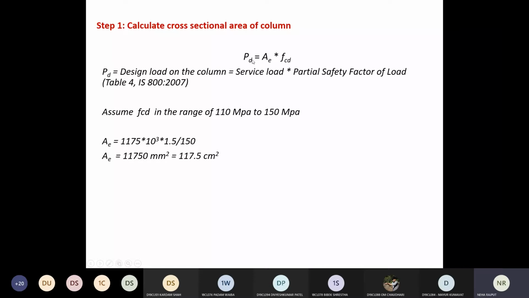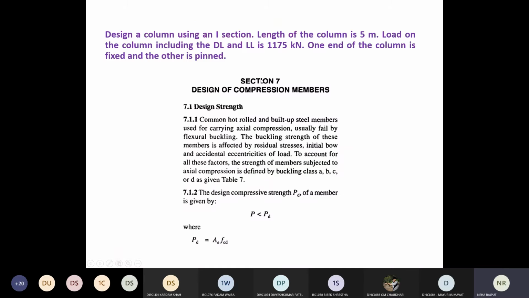Chalo. Now this is your design load of column. A is the cross section area, and fcd is the stress value. Here two values, one value is known, that is your Pd value. What is this? It is your load, 1175 kilonewton is the load value available.